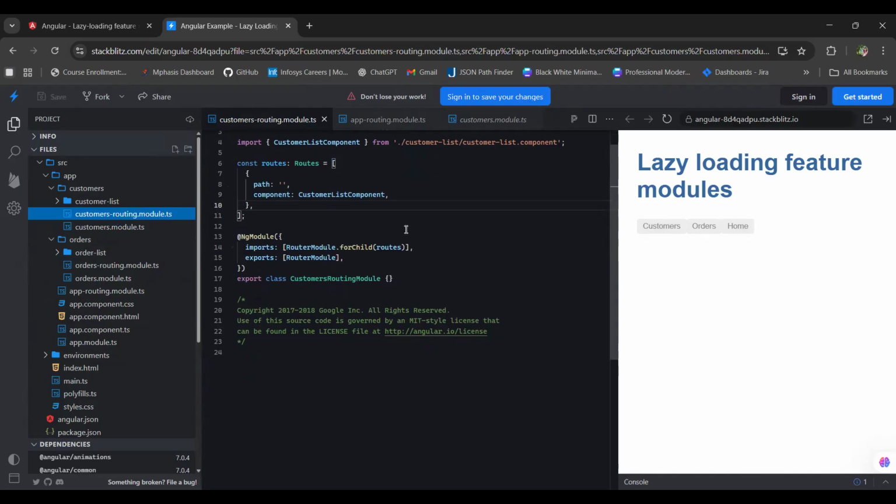Okay, and one thing we have to remember is that we do not have to import one NgModule file into another NgModule file. Otherwise, it will work as eager, which means it will load all files at once. I think you guys understand a little bit. Now, I think this is all about